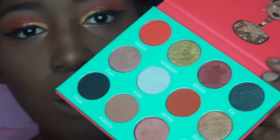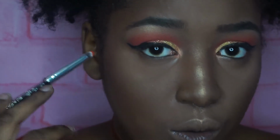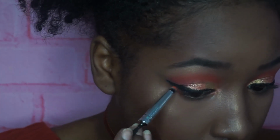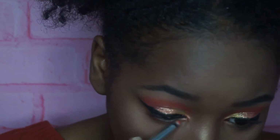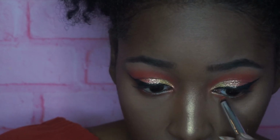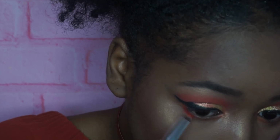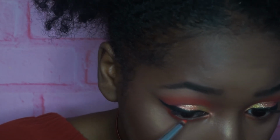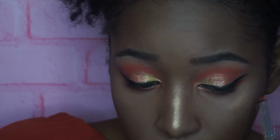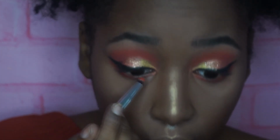I really do like these colors, but I'm going to jump in and use this Jamila color, and I'm just gonna work that under here. Now I'm going to take the So Cool color and blend the two. And now I'm going to take the Vol.II color, which is the golden color that I use, and